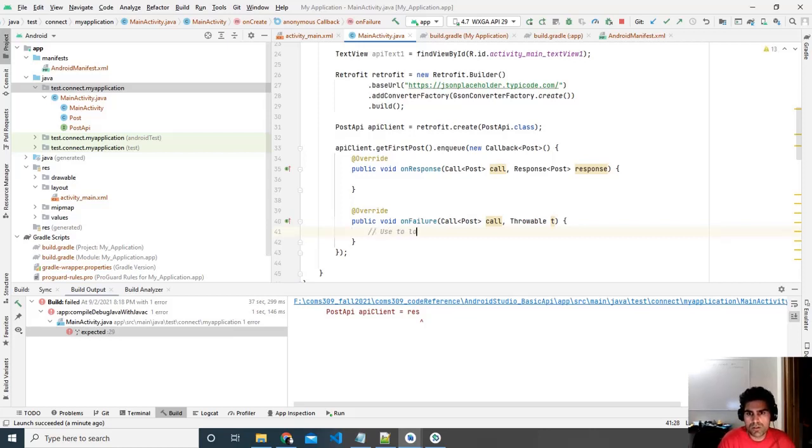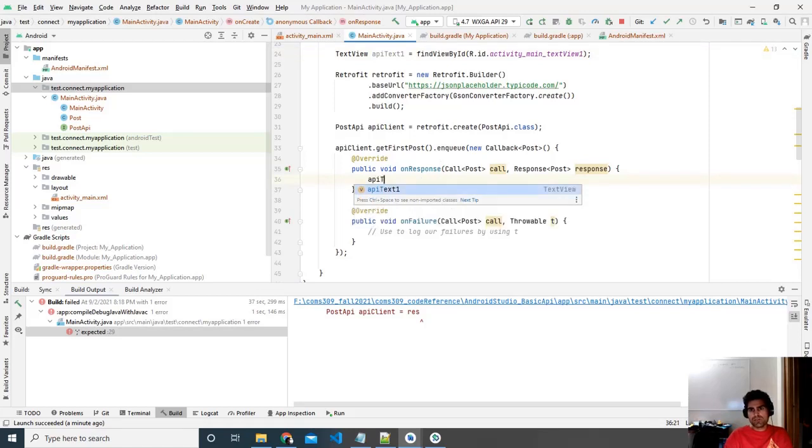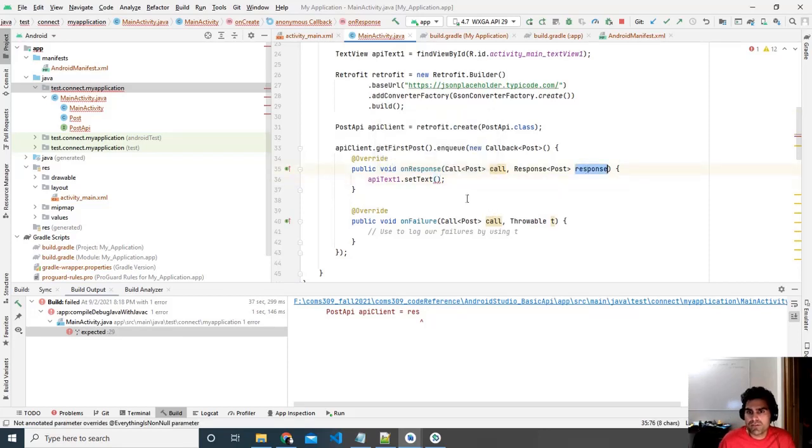We can use it to log our failures by using throw, or by using t. And over here on success, you can tell it that we want this API text1 to reflect what we want to see. So dot set text, and this is the response that we're getting. So we say response